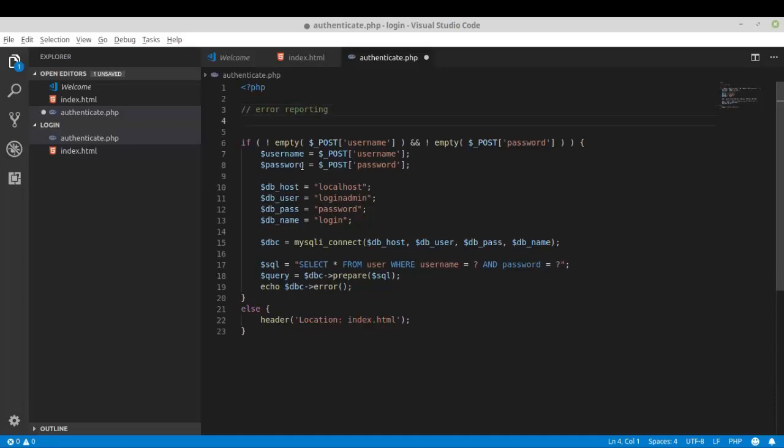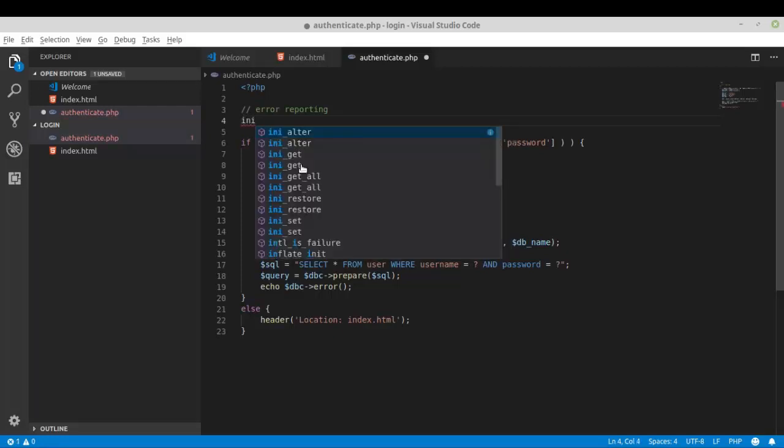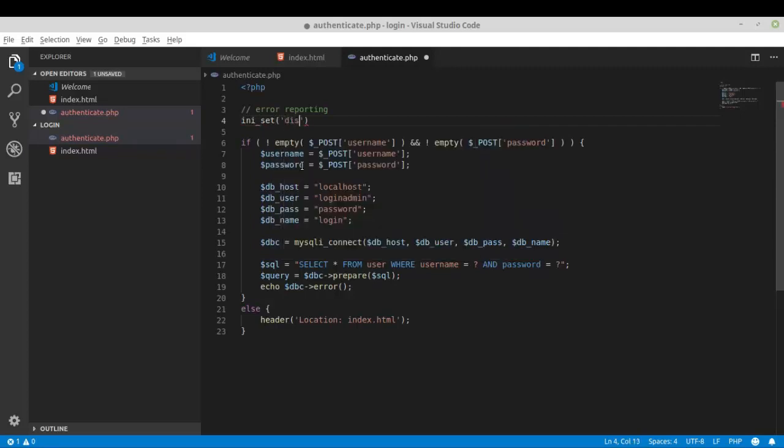So at first I need to use error reporting, ini set, display errors, 1,